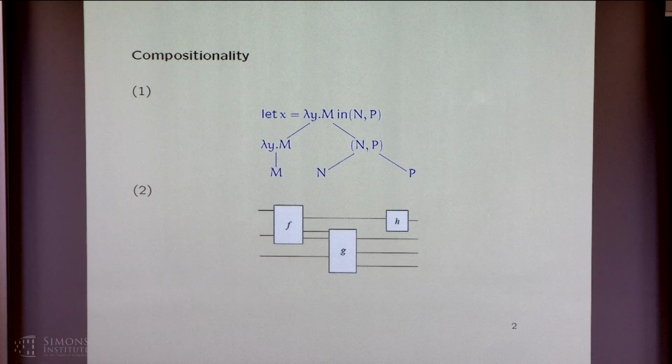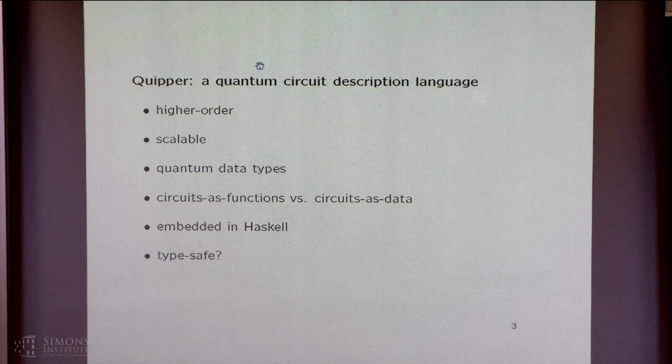So 5 years ago, I was part of a big project for the US government, and we were developing a quantum programming language. The purpose was not to actually program a quantum computer, because they don't actually have one, we think. But of course, if they did, it would be classified. But as I understand it, the main purpose was to do resource estimates. So implement some actual quantum algorithms from the literature, and then figure out what powers of 10, like how many gates or resources these algorithms would actually consume. As part of this project, we developed the quantum programming language Quipper, which I will talk more about.